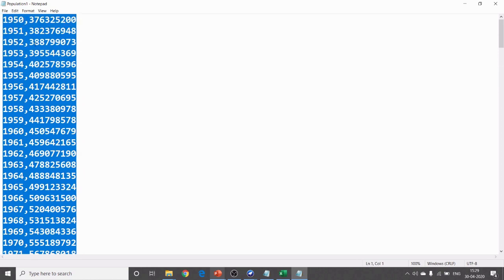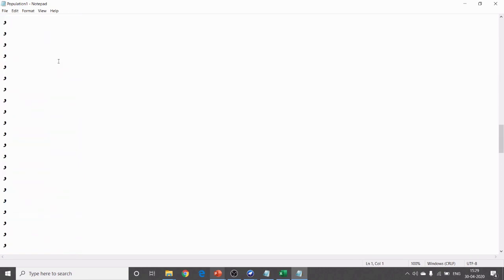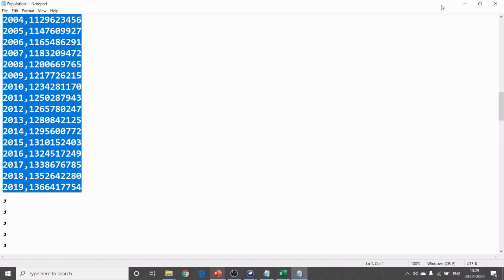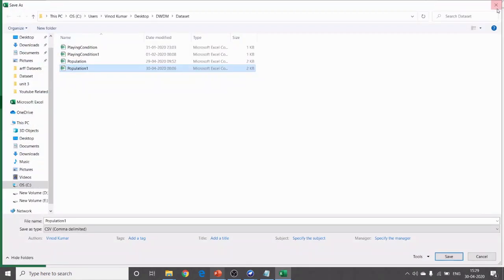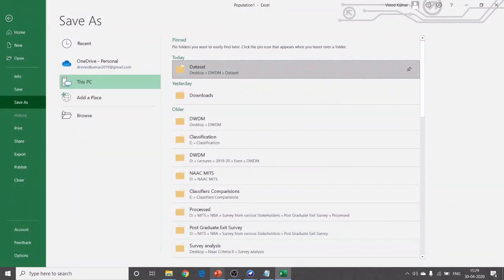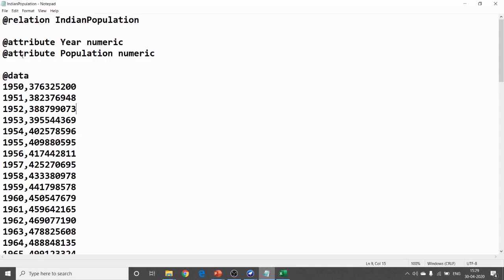After copying this whole data, you open one separate text file like here, and you decide the relation name, because this is the convention to create the ARFF file format. So in a separate Notepad you have to write @relation, then you can choose any name for the data set.